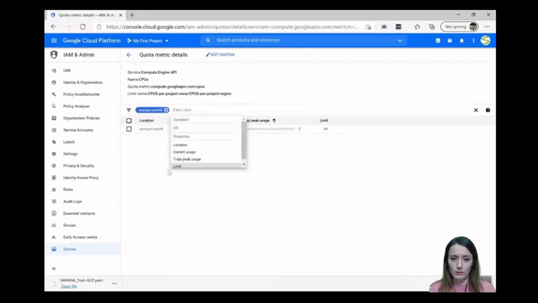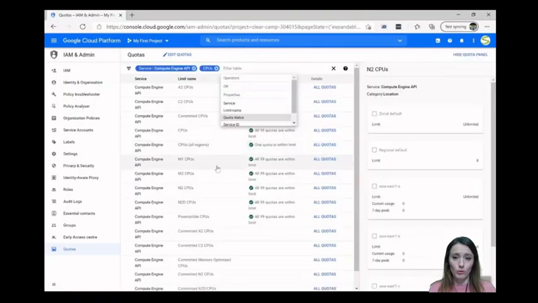So we checked, and yes, now we have 44. Now we will need to update other quotas. To be honest, I'm not so sure that the CPU is needed because when I was doing the installation, I had a fail with CPU N2. So for sure you need CPU N2, but I'm not sure about CPU. But you can upgrade it.